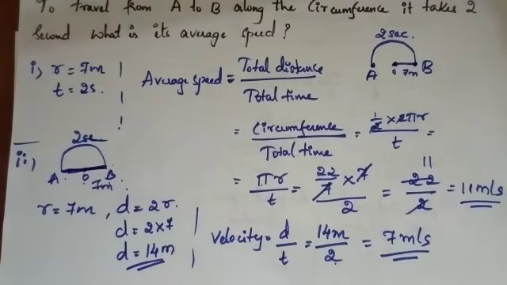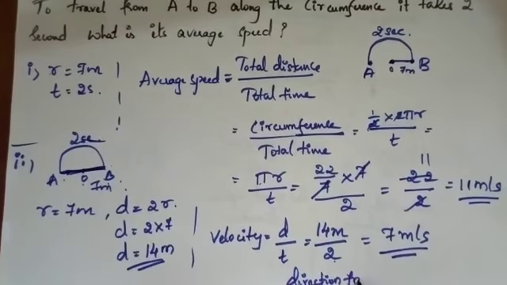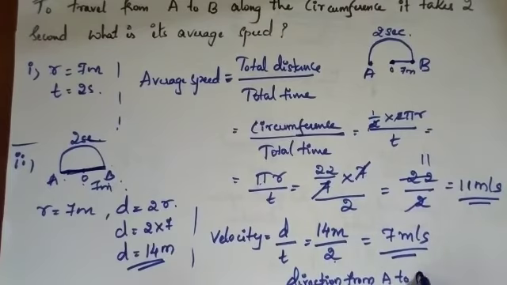After writing 7 meter per second, you also have to write the direction, from A to B, because velocity depends upon the direction. The object is moving from A to B. So this is briefly about speed as well as velocity. Based on this, I have given some questions and problems in the worksheet. Try to solve them, and if any doubts are there, let us discuss in the interaction section.